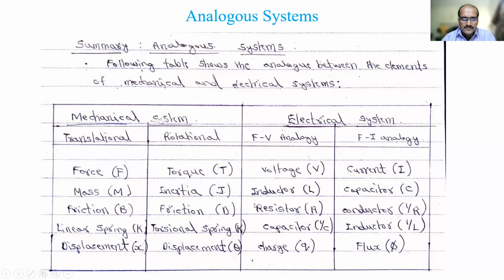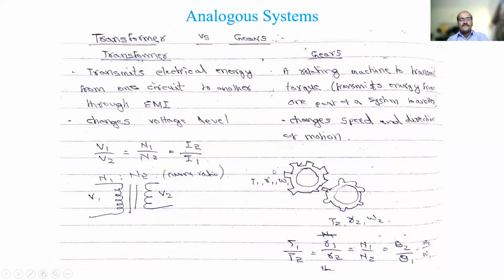So now one last analogy is there. This is not related to this problem, but the knowledge is required somewhere in the next module also, so you should know. What is that? That is the difference between transformer versus gears, this is also an analogy. Whatever we call gears, right? Gear in the bike you are driving, first gear, second gear, third gear. Even in a car you have the top gear, numbers 1 2 3 4 5, you have seen.